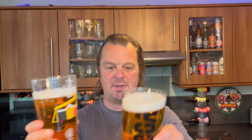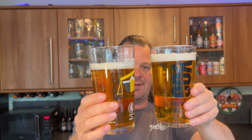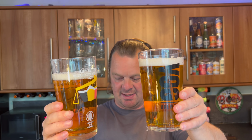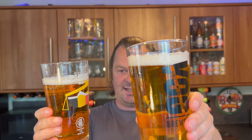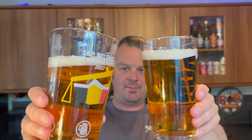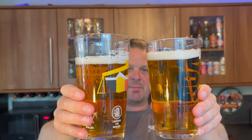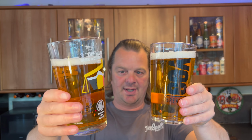So here's a look at the two beers. Thankfully, there's a difference. Thankfully, the Session IPA is clear, lighter. They've used a lighter malt. And the Session Pale Ale is slightly darker. So I'm happy about that. I'm happy at the fact that they've used different malts in the beer. It would have been very easy, wouldn't it, to just produce the same beer, but you're allowed to...